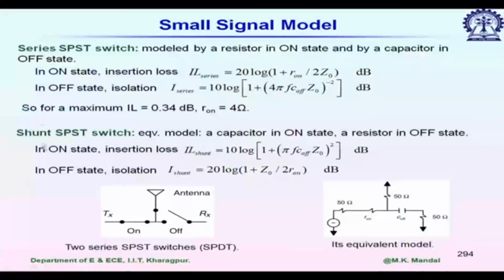So, how do we do the analysis? So, let us see, we are considering an SPST switch. Let us first consider series configuration. As I discussed, it is modeled by a resistor in on state and by a capacitor in off state. So, in on state, looking at the circuit whatever I have drawn previously, we can easily calculate what is the S21. So, if I go back to my drawing,